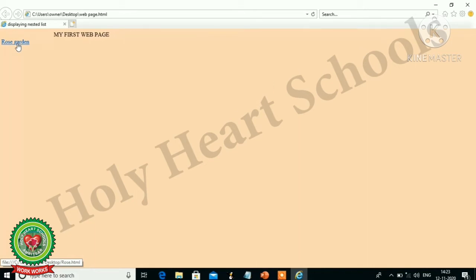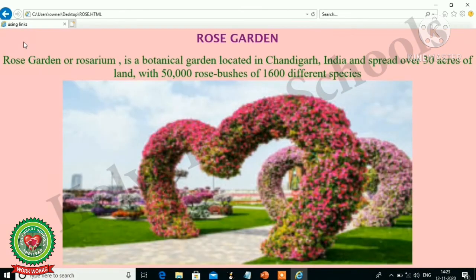Now I am going to click it, and here you can see the color of the text. The color is blue and the text is underlined, so it means this is a hypertext. Now you can see when you click on that rose garden hypertext, it will show the next file, that is rose.html. It means we have created the linking using the anchor tag.